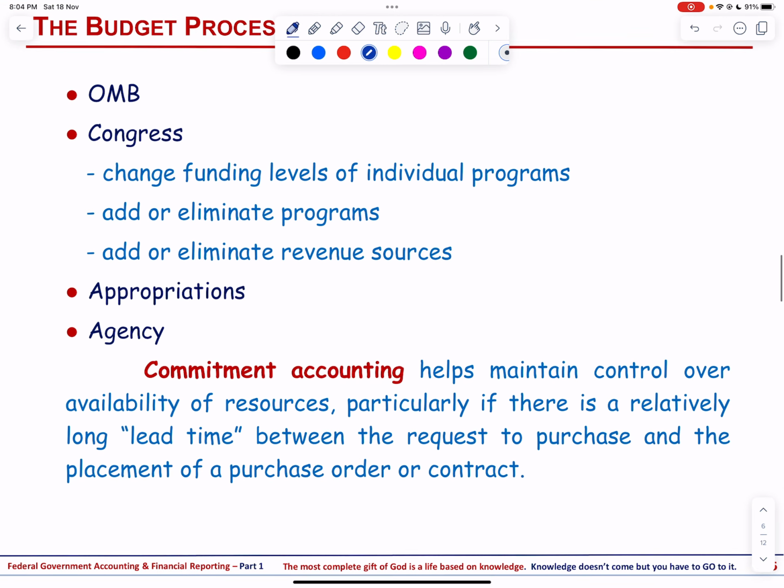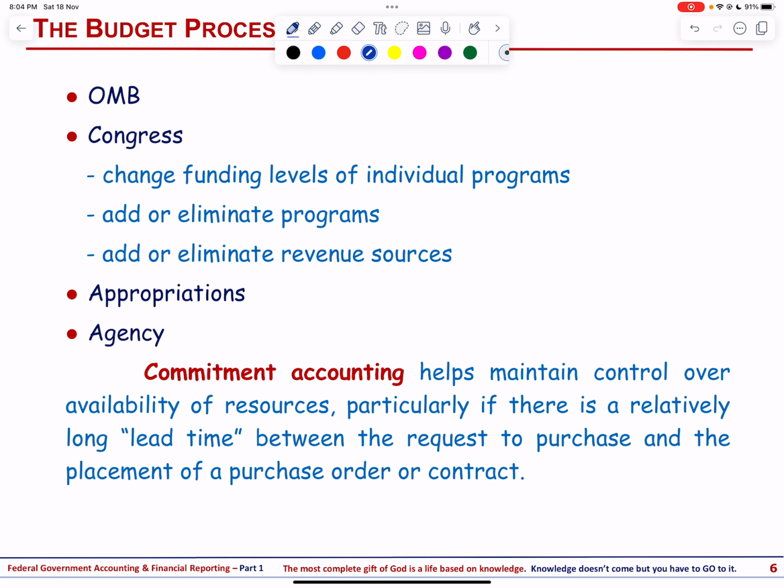Next, let us talk about the budget process. The budget is prepared by the agency on the basis of general budget and fiscal guidelines. They submit the budget request to the Office of Management and Budget, that is OMB. The OMB analyst resolves the budget issues, if any, with the agency officials, but in some cases, it may need a resolution to be approved by the President and its policy staff. After evaluating the proposed budget, the President transmits the budget to the Congress.